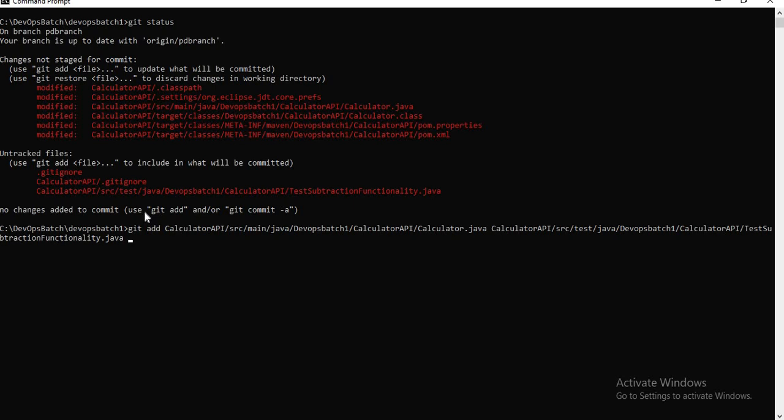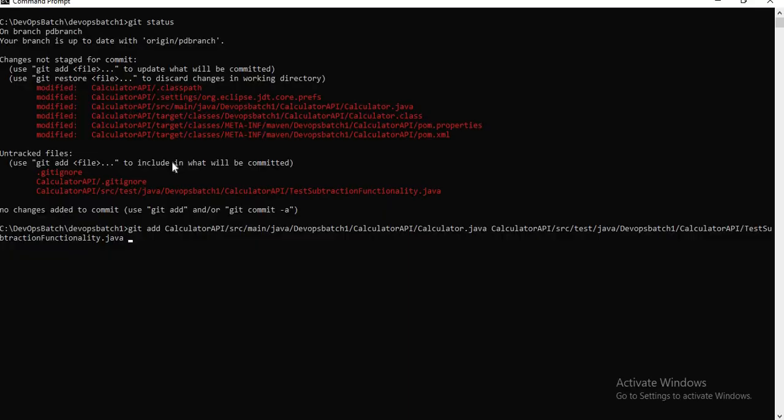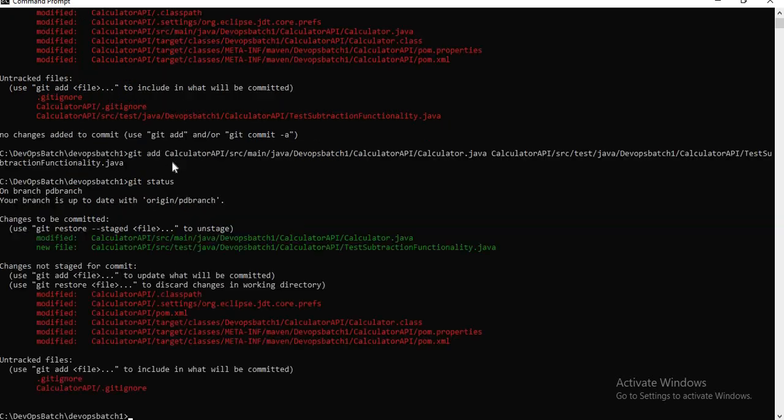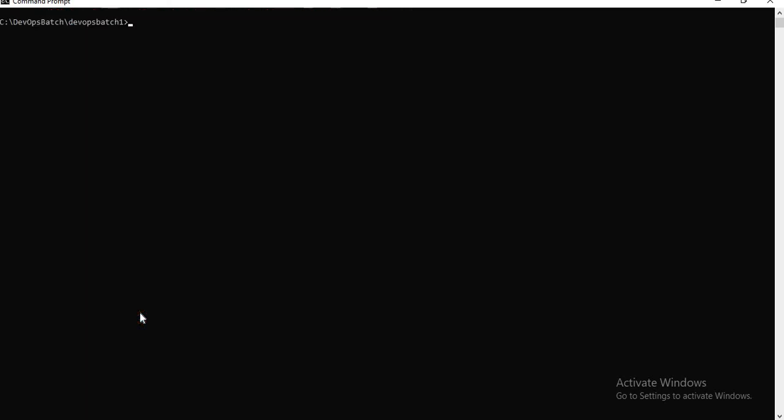Right, 2.0. And now let's stage a POM XML also. Let me stage these two files and I'll stage the POM later. Git status, and let's stage our POM XML, this one. And now let's commit the changes. Git commit